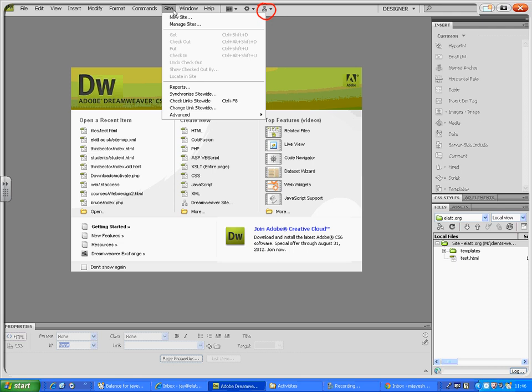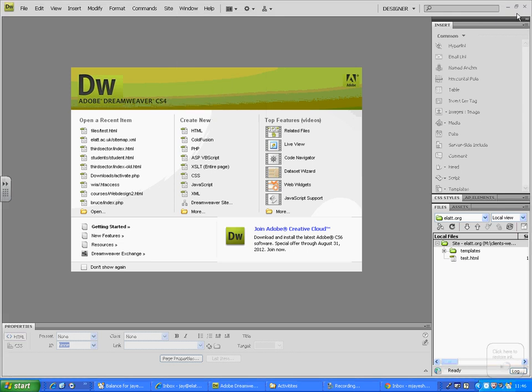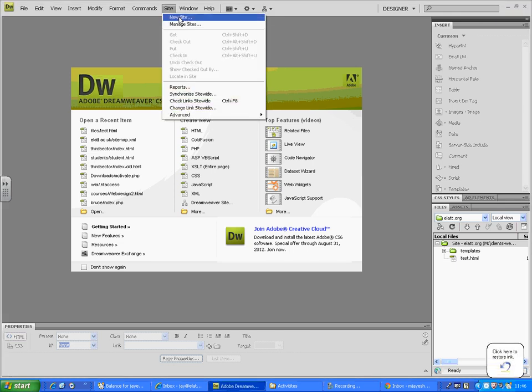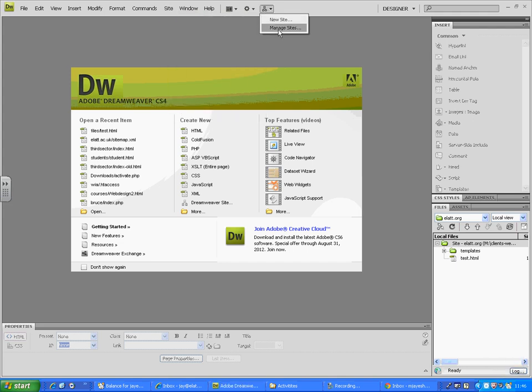But if I just go to either the Site menu, I can see the New Site and the Manage Sites option, or with the last icon also I can see the New Site or the Manage Sites options. They both will end up in the same result. Okay. So we use the Manage Sites option,